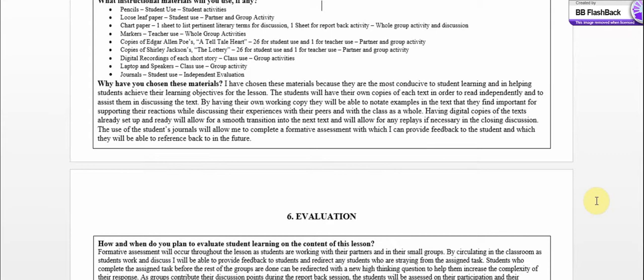Now, by having their own working copy, they will be able to notate examples in the text that they find important for supporting their reactions while discussing their experiences with their peers and with the class as a whole. The same can be applied for the listening portion. They may decide to document a different